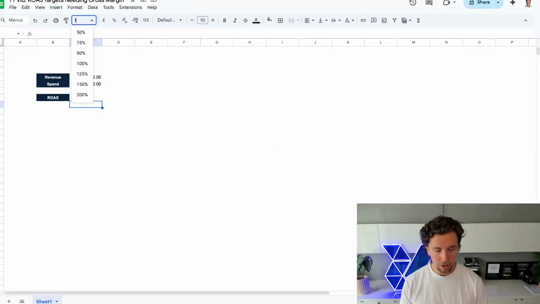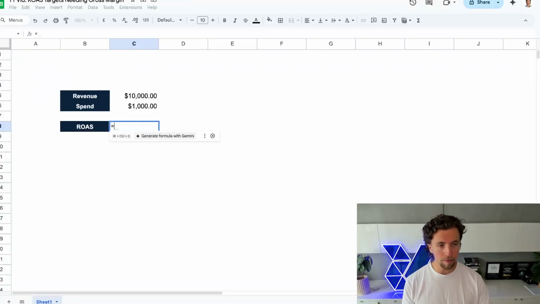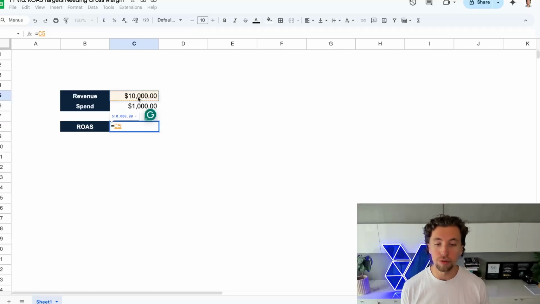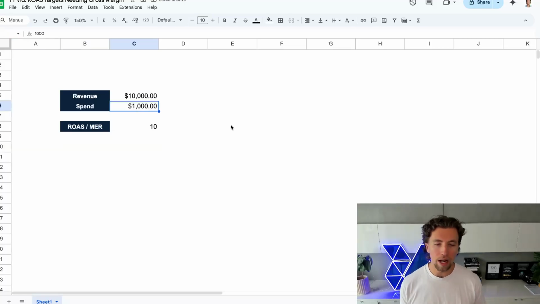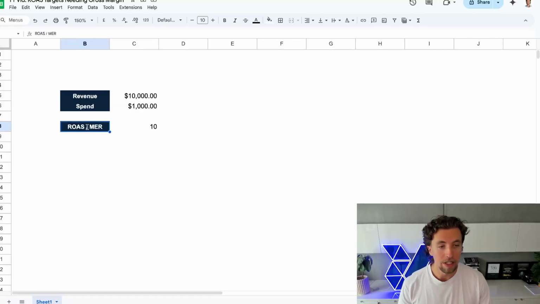So firstly, what actually is return on ad spend? Well, it's the revenue generated from an ad, or at least the attributed revenue from an ad, divided by the spend. Now, a better measure generally is looking at MER. MER is looking at total revenue within the business divided by total marketing spend. The reason why MER is a better metric, we have other videos on that. I would personally go and look at our video on why attribution is meaningless. And you will have a better idea as to why ROAS can really mislead you and end you up in a position where you're overspending or underspending, and MER ends up being a better KPI.